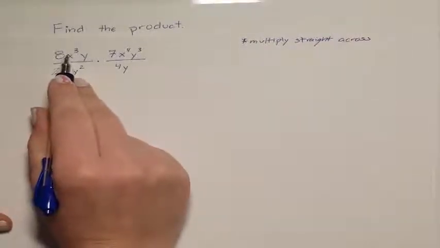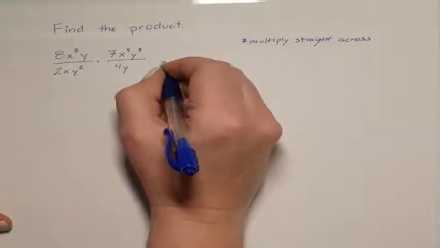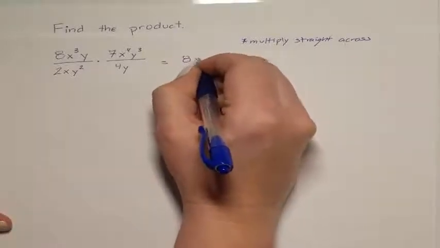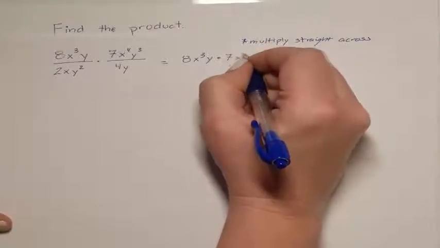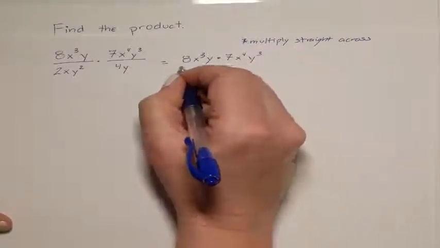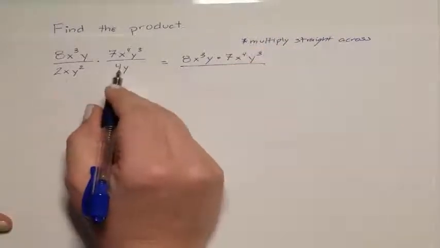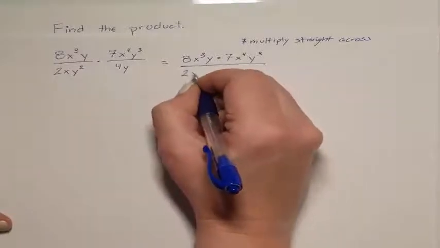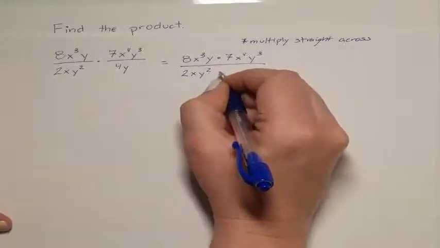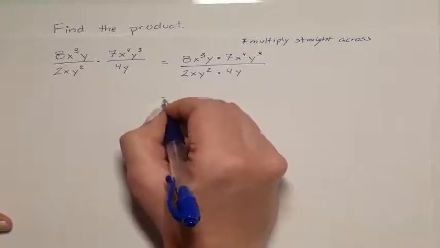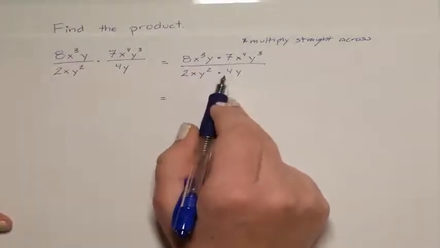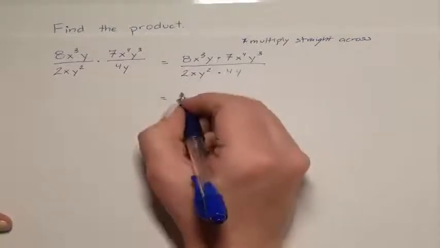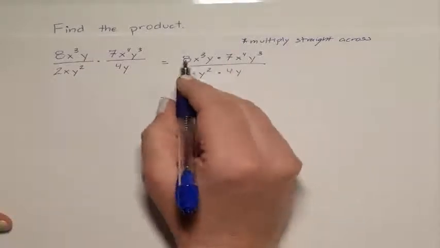So this numerator is going to get multiplied to this numerator. So I have 8x to the third y being multiplied by 7x to the fourth y to the third, all over, this denominator is going to get multiplied to that denominator. So 2xy squared is multiplied by 4y. To make simplifying the fraction easier, I'm going to rearrange the numerator. So I'm going to put it so that the numbers are next to each other and that the numbers are